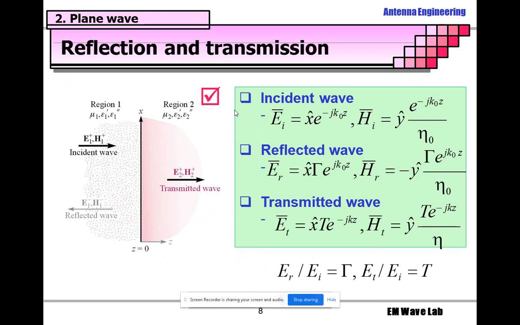And then reflection and transmission. The electromagnetic waves which are propagating in the medium, whether it is a conductor or free space, wherever you are transmitting or propagating the electromagnetic waves, will have an incident wave, a reflected wave, and a transmitted wave. Incident is the waveform reaching the receiver. Reflected wave is the one which reflects back to the transmitter. Transmitted wave is the one which is transmitted from the transmitter.